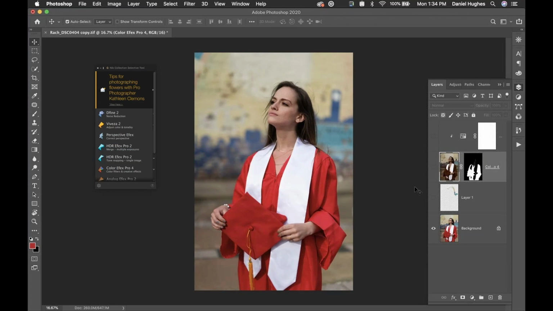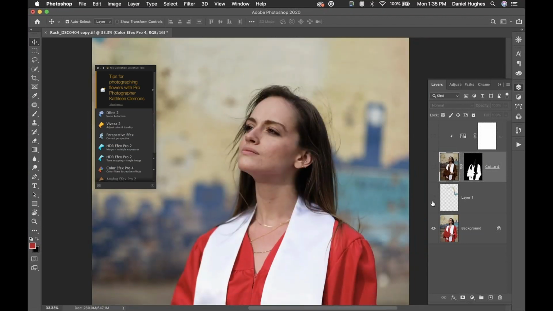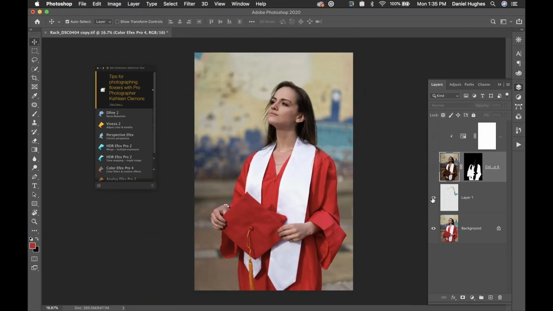So the first layer that I have here is actually a little hair cleanup. So if we zoom in and I turn on layer number 1, I could have named that. I'm just getting rid of a lot of the stray hairs, not all of them, but a lot of them. And then my layer 2 is actually